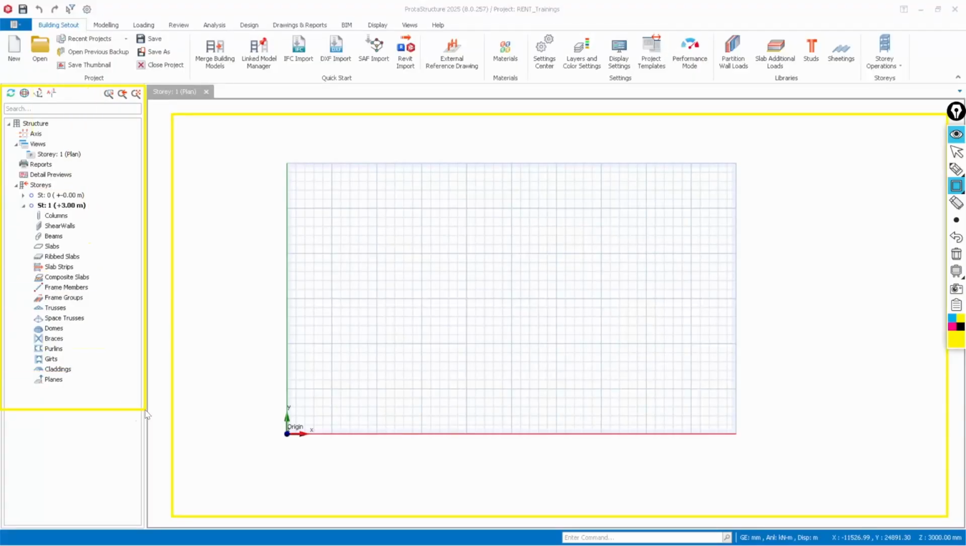So in this structure tree, this is where every member that you have modeled is going to be shown. Whenever you model any single member, be it a column, beam, slab, or any member axis as well, it's going to report itself to its respective folder here in the structure tree. Okay, so here we have the folder for axis, we have here for columns, beams, shear walls, and